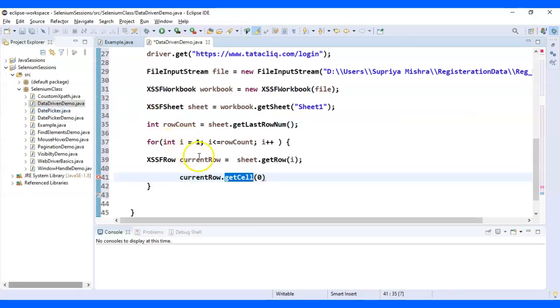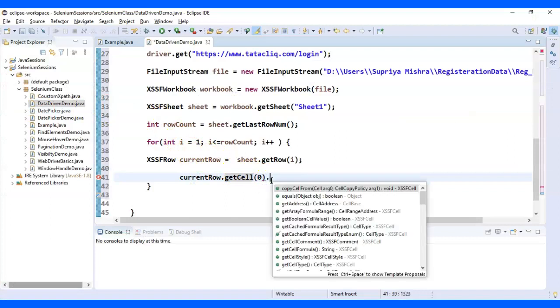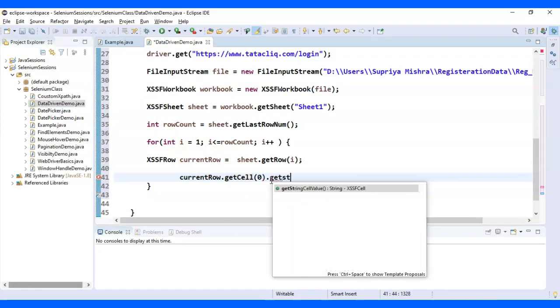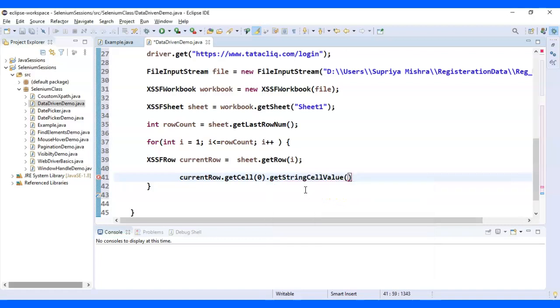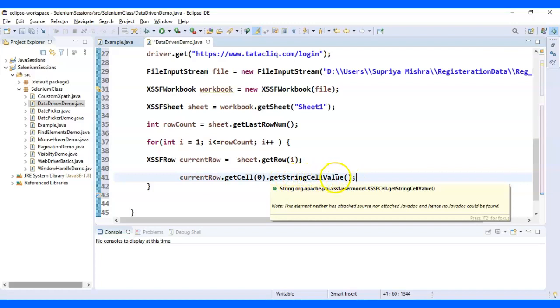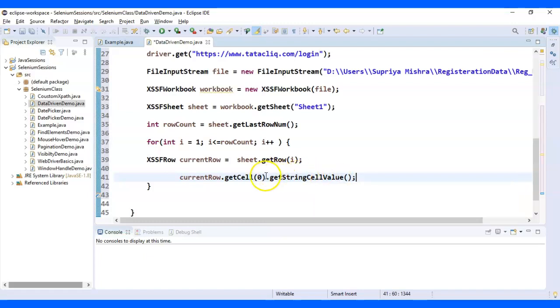For that, there is another method, which is dot getStringCellValue. This returns us a string type variable. So I'll just write this code here. You will say getStringCellValue, and what this will do is fetch the data from that 0th cell and save it inside the string variable. So this is my email ID, so you will say emailID